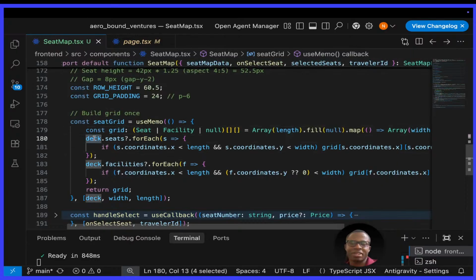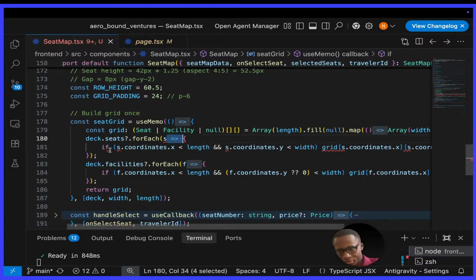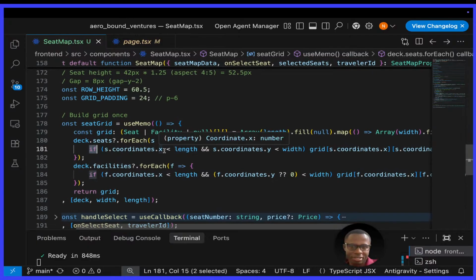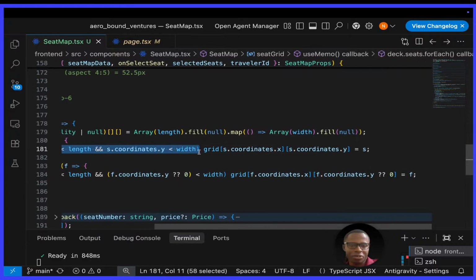Then you check deck. If the deck has seats, for every seat, we're running a function which returns an object, which does a smart check. So this is an if statement which compares that the x coordinate of a seat is less than the length, and the y coordinate is less than the width. If this is true, then the grid at this position,